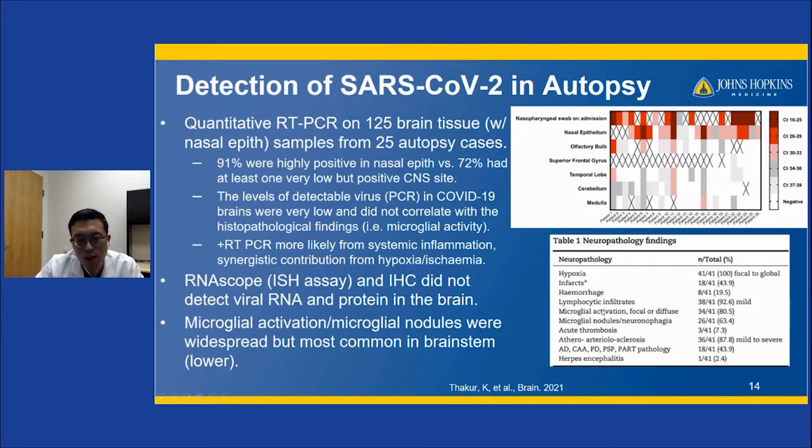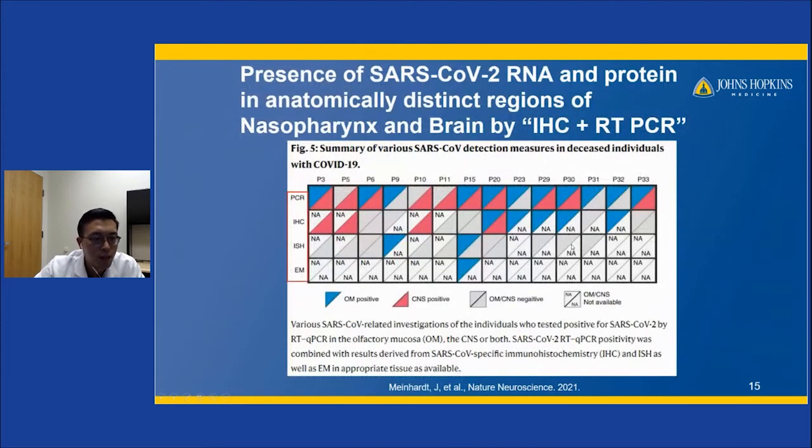And you can see lymphocytic infiltrates and microglial activations were very, very common, which is non-specific, but these are the commonest finding you see with SARS-CoV-2. This is also an interesting study published in Nature Neuroscience. This one also showed, compared to other studies,